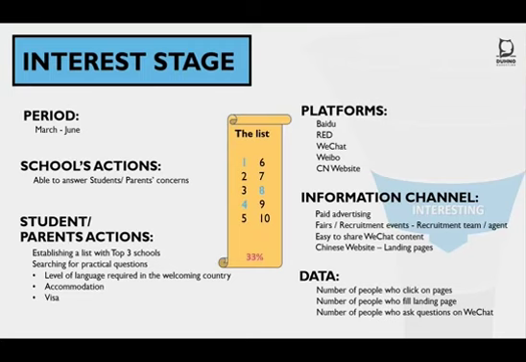If you still have physical events in some universities, when you recruit, for example, for master level, you can meet the bachelors. At this level, if you're offline, try to really digitalize your experience, engage people with WeChat, get a landing page, and capture some information about potential leads. This is the moment where you will need to have the contact of the people just before the next stage, because after that you need to engage almost one-on-one with each of those families and students. So it's really important to try to capture as much information as possible at this level. You also need to have easy-to-share WeChat content at this level.